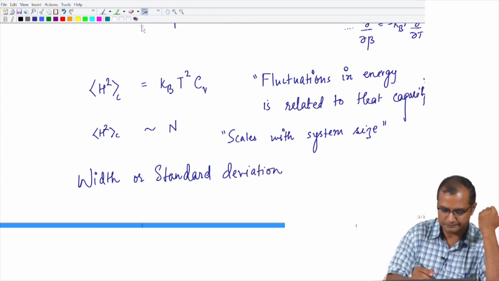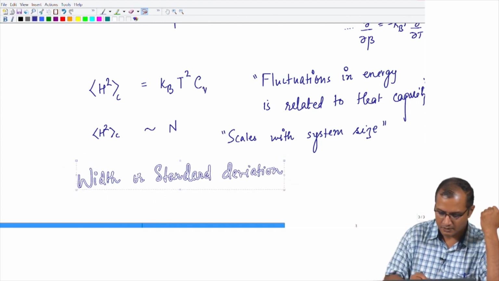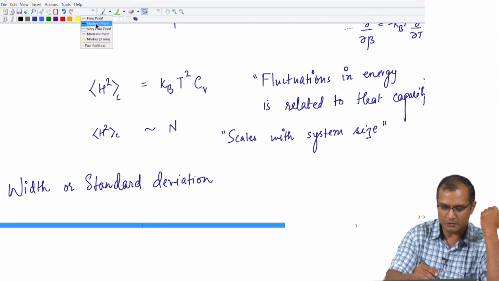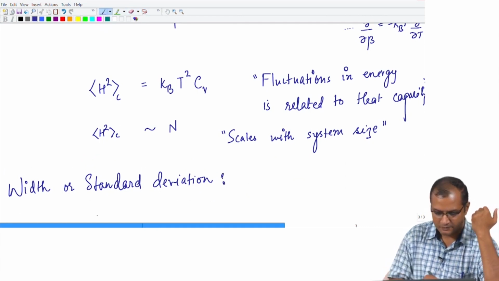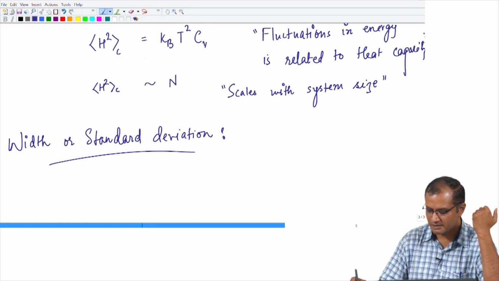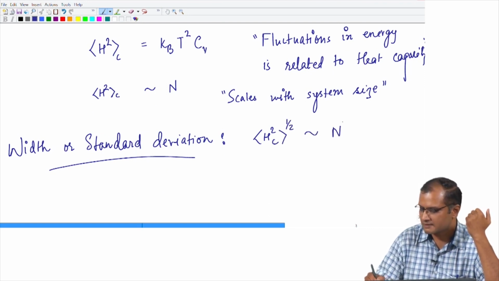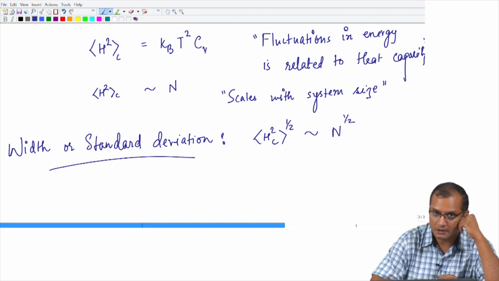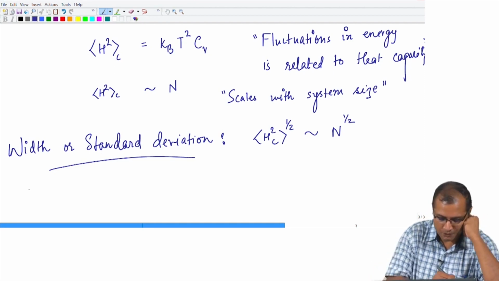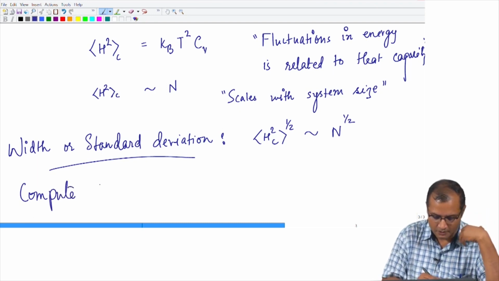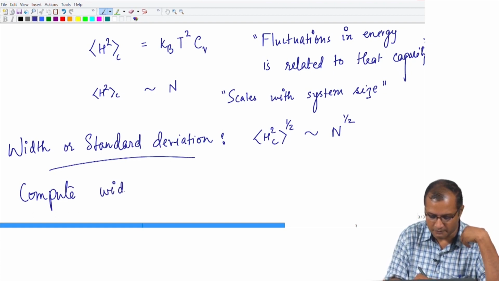Okay. So, let us compute the width or the standard deviation. This is nothing but the square root of the variance. So, this will scale as square root of N. And now you can compute, like I was saying, the ratio of width over mean